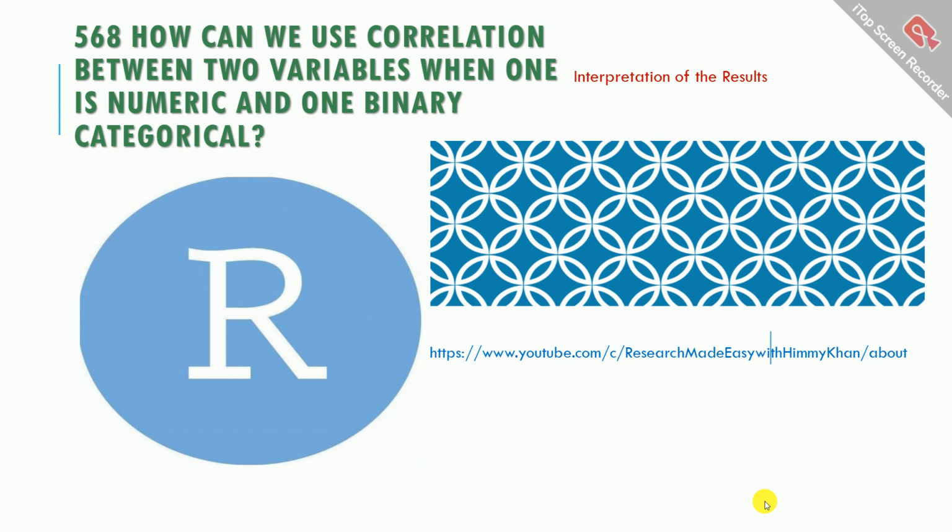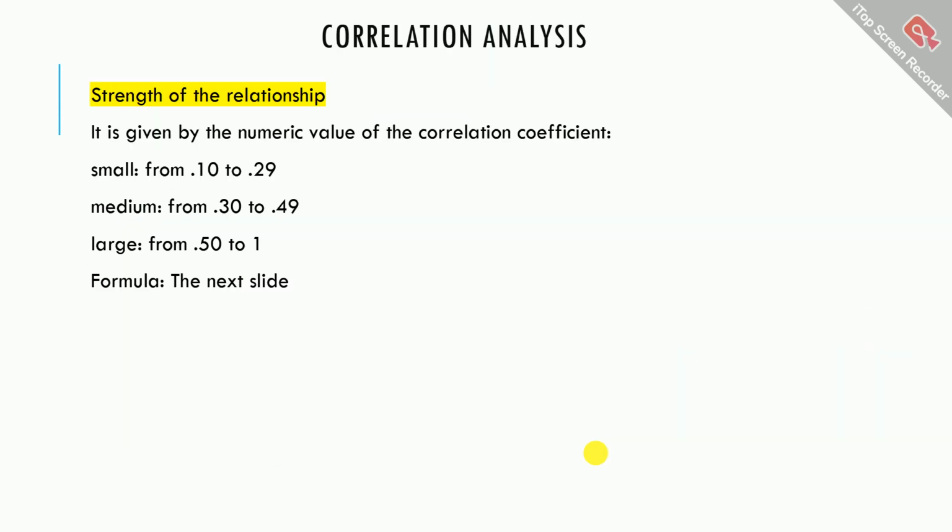As you know, the correlation coefficient ranges between -1 and +1, where +1 means that there is a perfect positive correlation between two quantitative variables, and when the correlation coefficient is -1, then there is a perfect negative correlation between the two quantitative variables. We can also measure the strength of